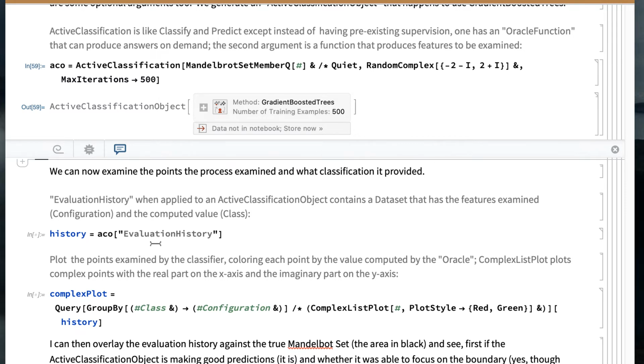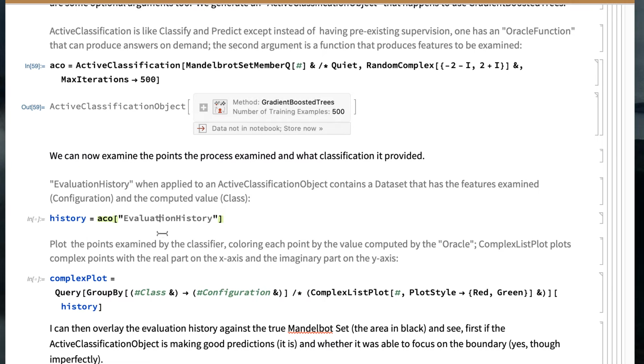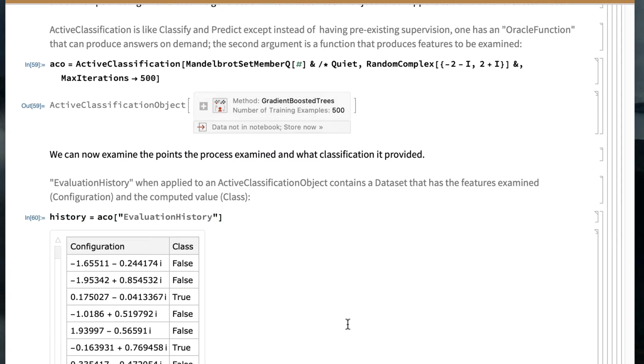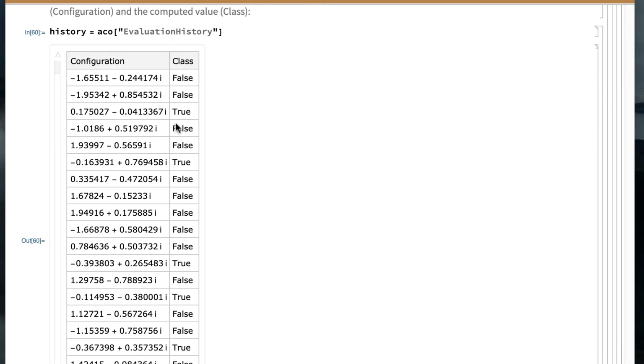We can use the evaluation history property of the active classification object created by active classification. And we're going to get a little data set here if I hit Shift Return. Okay, these are the data points that it looked at, and this is what it determined. Apparently this point is not in the Mandelbrot set, this point isn't in the Mandelbrot set, but this point is in the Mandelbrot set,